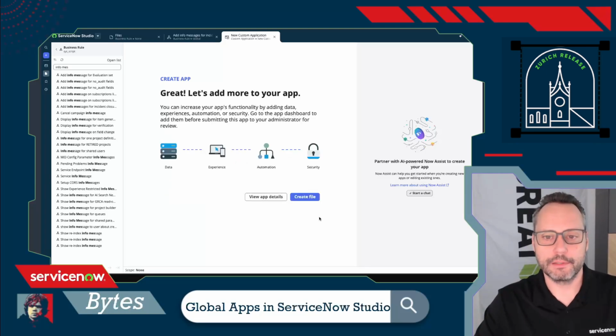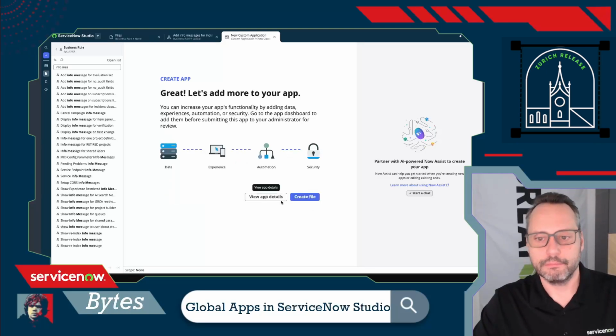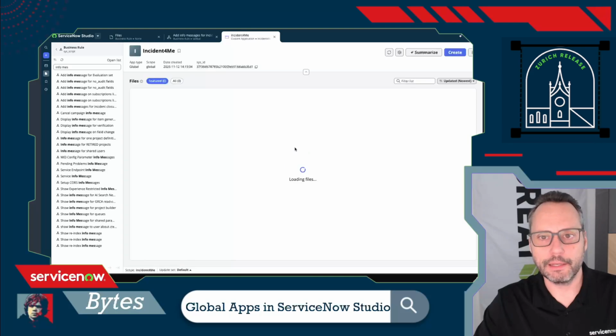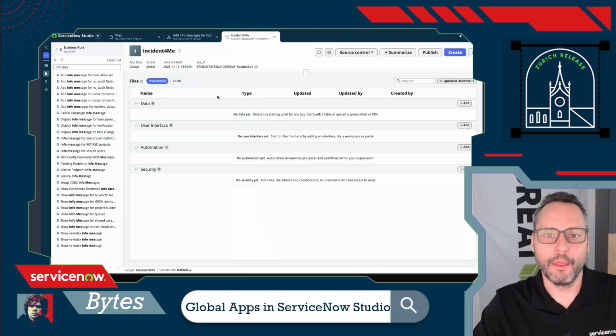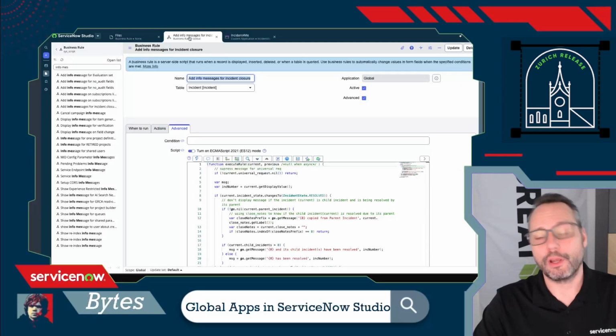We wait a few seconds and here we got that file created. That's all that we need. We can go actually to a few app details. App details screen, obviously, it's an empty application right now. There's nothing in here. So if I now go back to my business rule, which I handily have still open